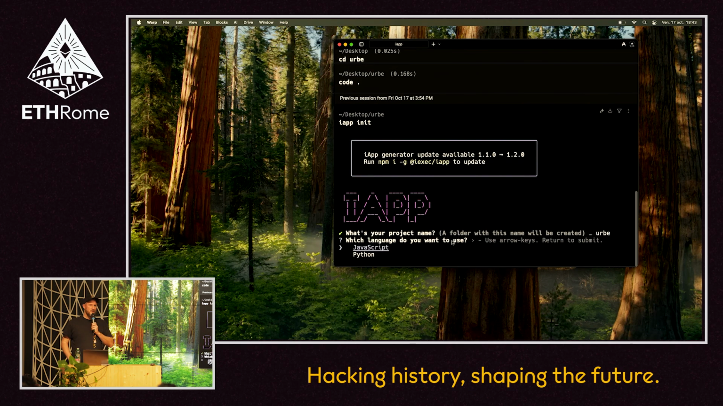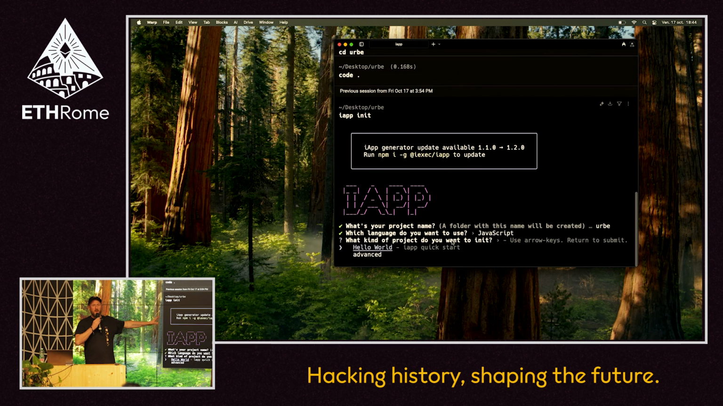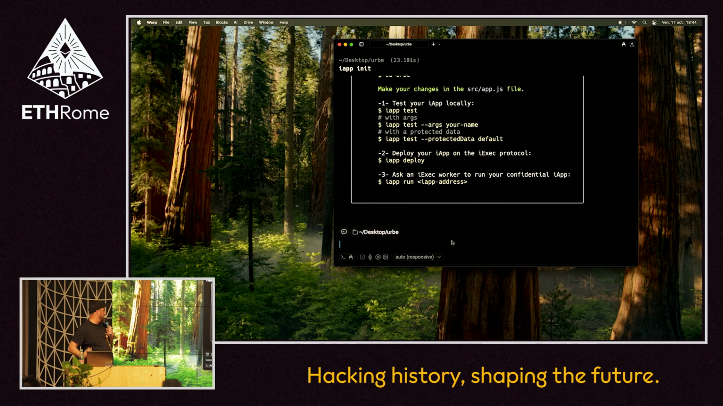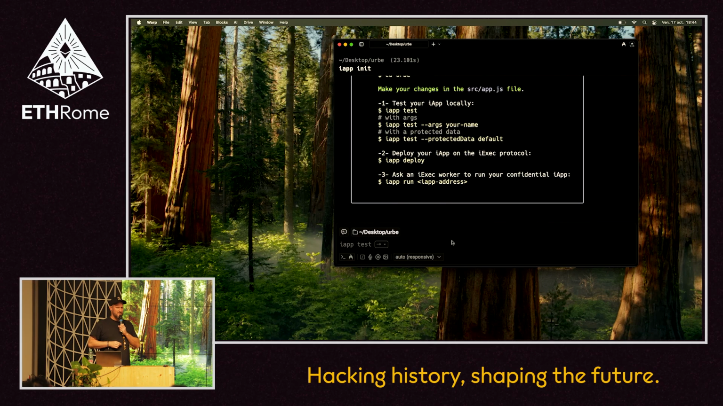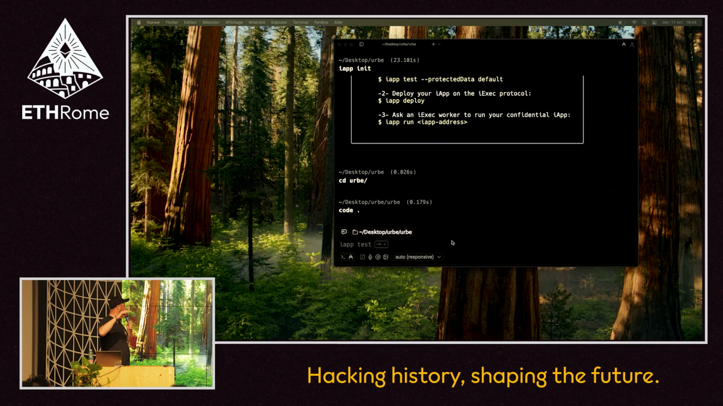Perfect. I want to code in JavaScript. Okay, let's pick JavaScript. I want to use the easy setup, the Hello World one. The Hello World one is pre-set up to compute protected data. Okay, that's done. And you say, what? What happened? Something magic. Let's go cd urbe, code. All right, and on your computer,